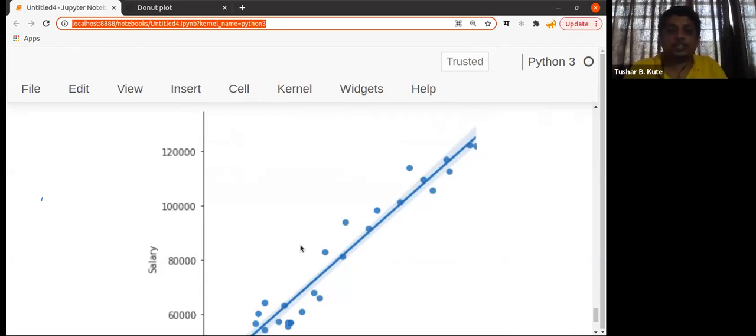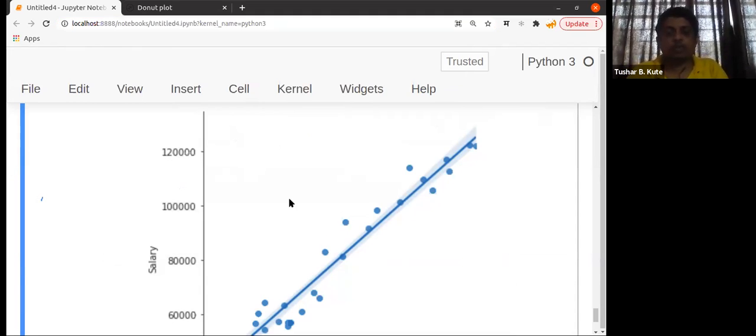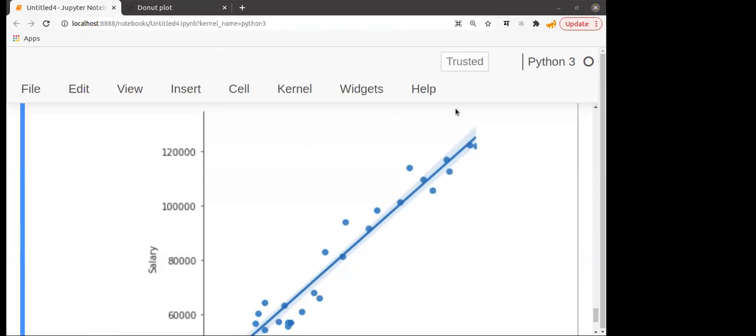Any doubts or questions? So this is open for you. Okay, the Seaborn and Matplotlib visualization that we have seen practically. If any questions, you can ask. Thank you. Just a minute. I'll just go through the chat box. Okay. Yes, participants, any questions you can put into the chat box.